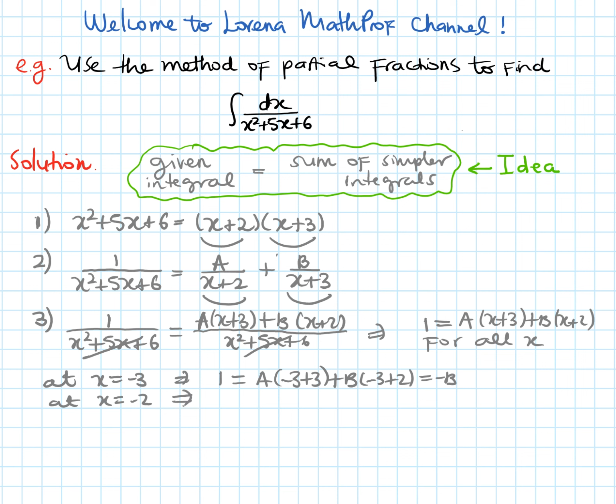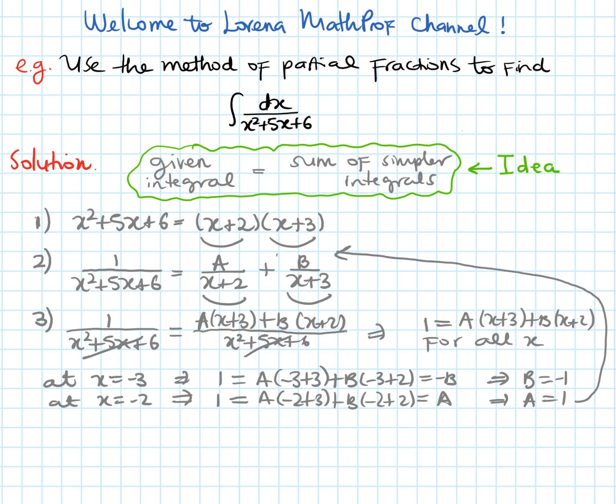On the other hand, when x equals minus 2, we find that 1 has to be equal to a times minus 2 plus 3, plus b times minus 2 plus 2. And now b is the one that goes away. This will be equal to a. So b has to be equal to minus 1, and a has to be equal to 1. And then we can say that 1 over x squared plus 5x plus 6 equals 1 over x plus 2 minus 1 over x plus 3,